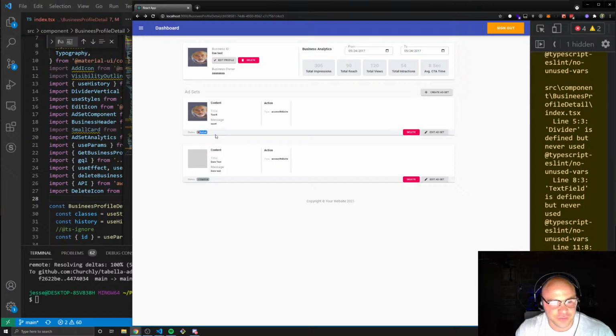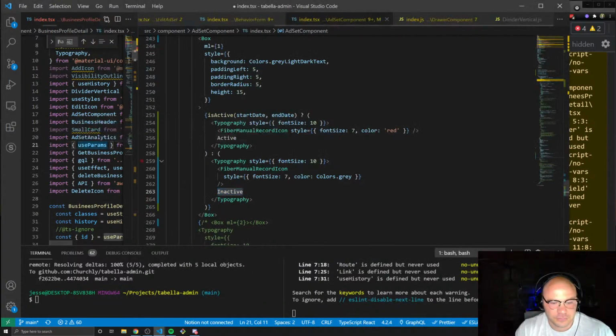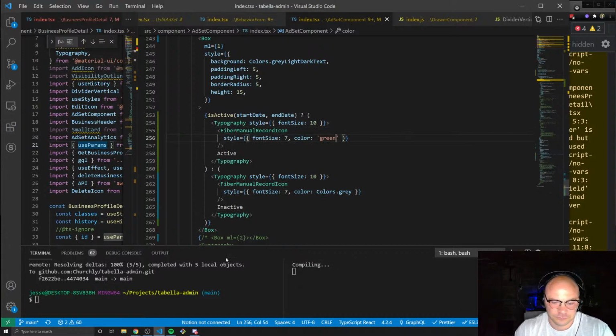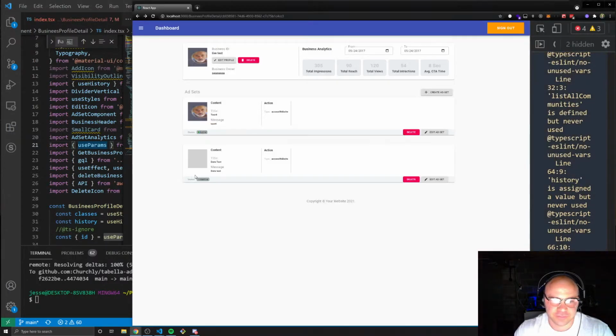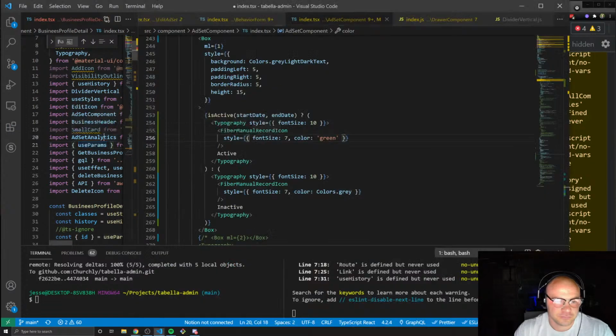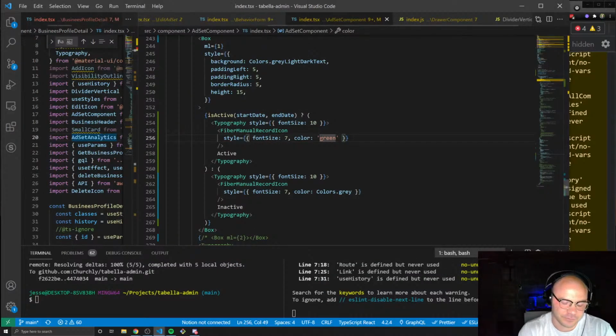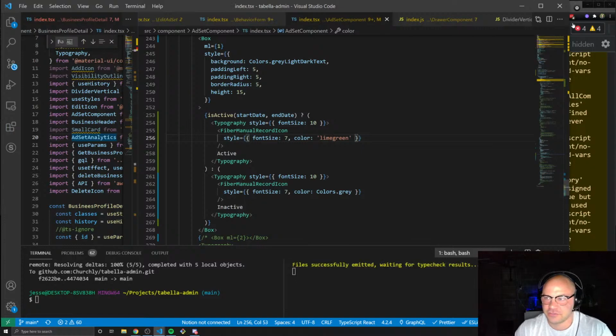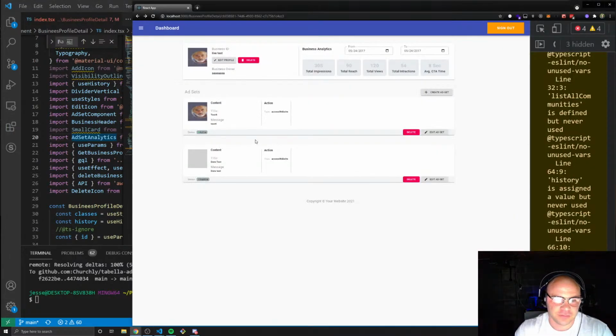I think we should do green. Like a green light should be active, right? I wonder if lime green is a legit color. Probably not. Yeah, nice. Lime green. It's kind of hard to see, but